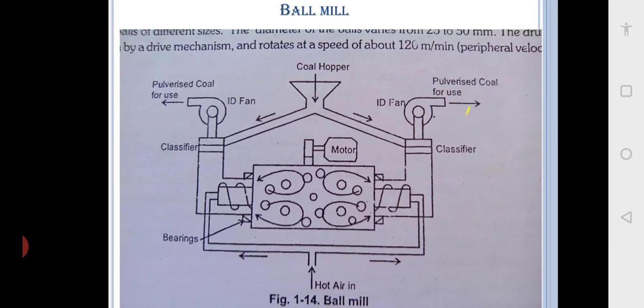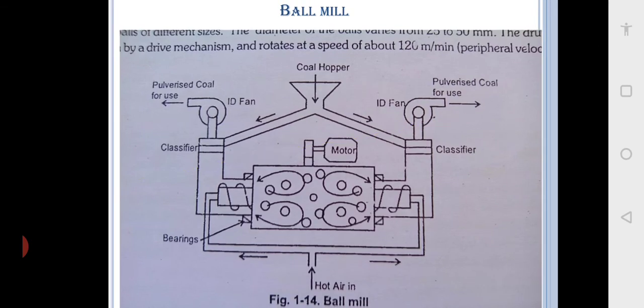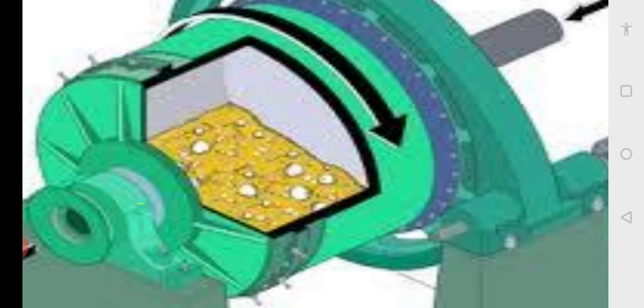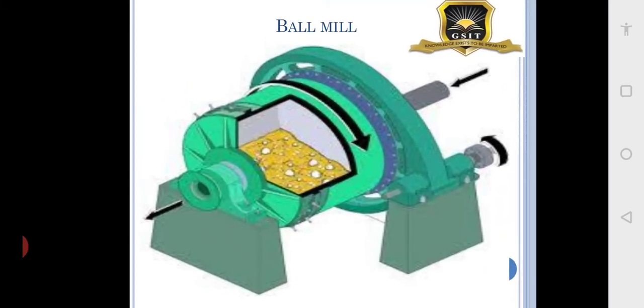This pulverizing, I don't know whether you have gone to a flour mill. This ball mill is nothing but a very simple device. I'll show it actually. Okay, this is a picture downloaded from the net. You can see the green color is like a big barrel. Inside you can see that white color balls are there. These balls are like hardened steel balls.